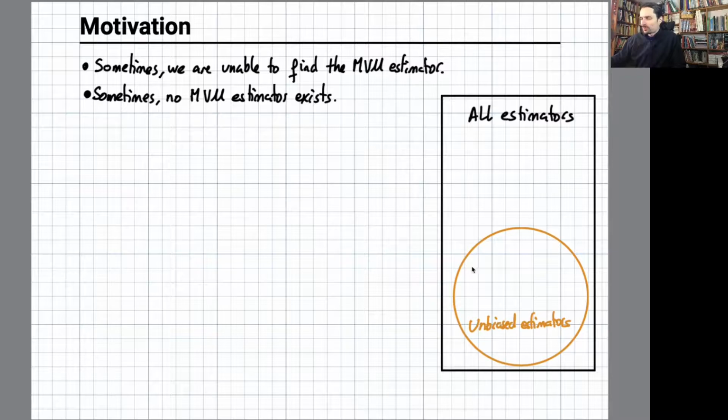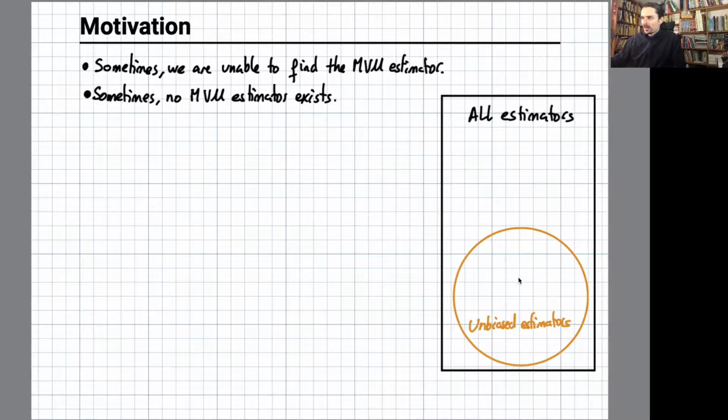So searching for an estimator with smallest MSE or with smallest variance in this class is the same, because remember that for an unbiased estimator, variance and MSE coincide. So the estimator that minimizes the variance within this class is the so-called MVU estimator, a minimum variance unbiased